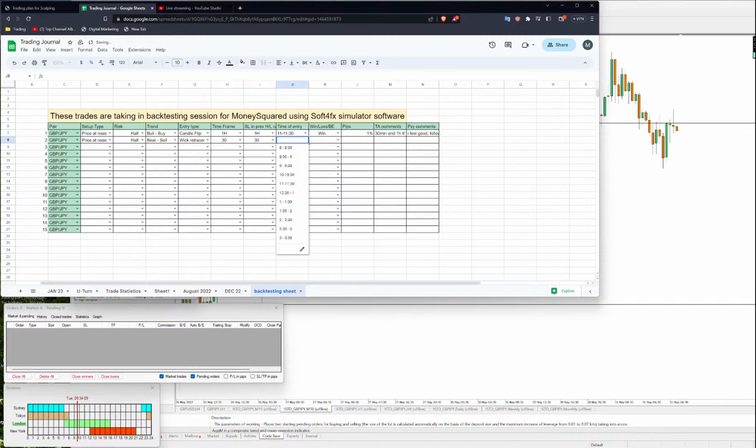Stop loss previous 30-minute time of the day, 8:30 to 9. Loss minus 0.2%. This trade